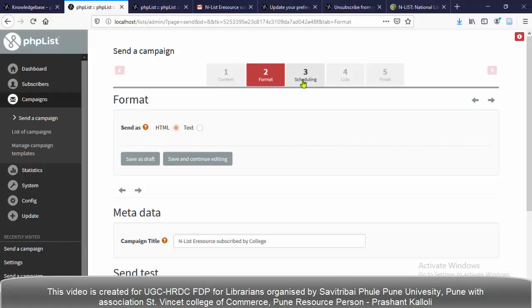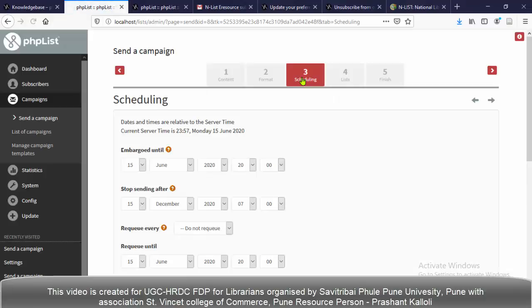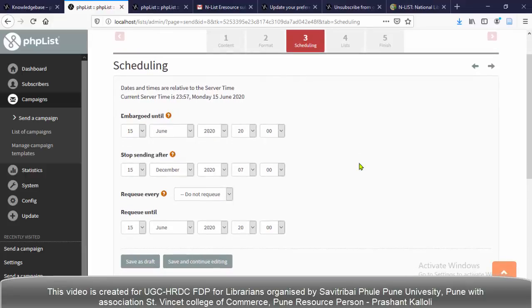We have to click the third tab, scheduling. I am clicking that scheduling tab. This is the email scheduling page. Here you can schedule your sending of emails. It's a great tool.